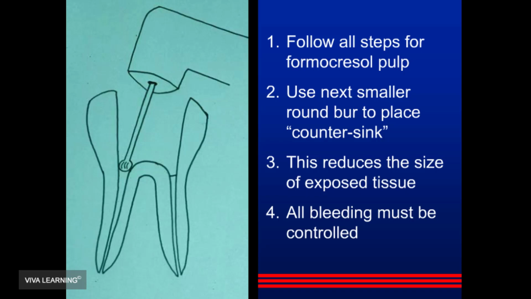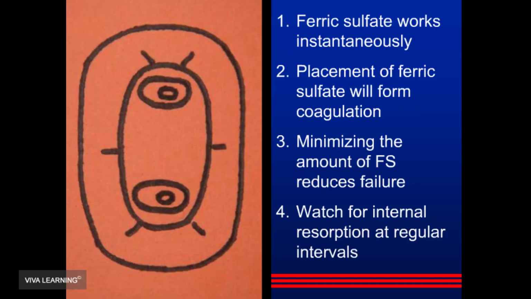You may call it whatever you want. Basically, you're simply going farther down the chamber. You'll recall with the formocreosol we stopped about here, and with the ferric sulfate we will drop down to here. What this does is it reduces the size of the exposed area, and once again, all of the bleeding must be totally controlled. Once you have done that, the difference is that as you are looking at this picture, you